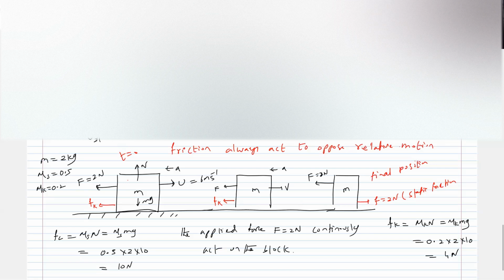Okay, these are some very basic things. Yes, why kinetic friction? There's a relative motion. Why static friction? Because there's no motion. So what is the state of the block? It'll come to rest. Final position. When finally the block comes to rest here, finally,